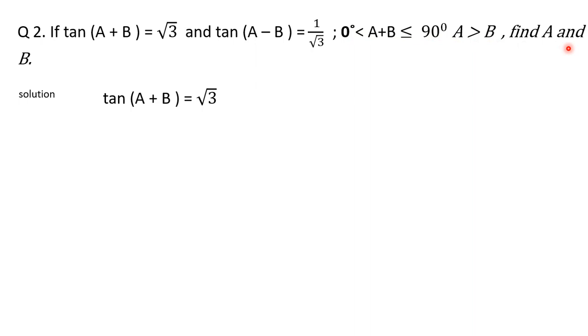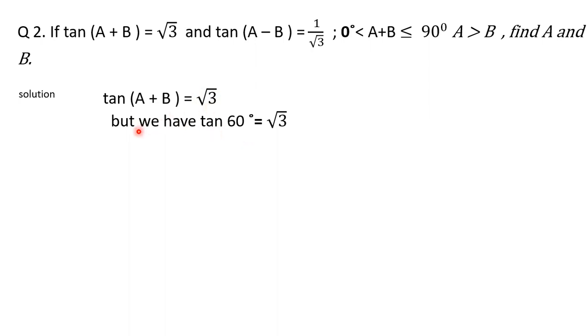Now remember one thing, whenever we are solving these types of problems where on one side the trigonometric ratio is given and on the other side the value is given only in numeral form, we have to get the value which is given in the numeral form. It will be the value for some trigonometric ratio related to the left hand side trigonometric ratio. Here it is given the value for tan a plus b, so definitely the value root 3 belongs to the tan theta category. Now root 3 is the value for tan 60 degree.